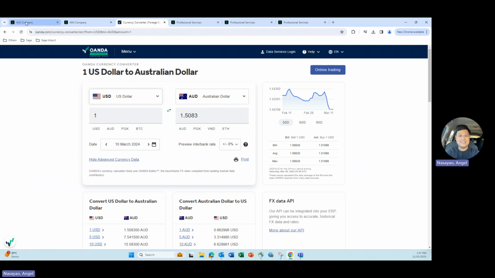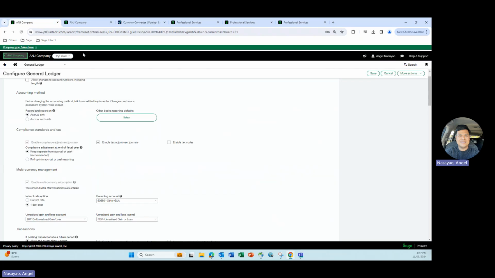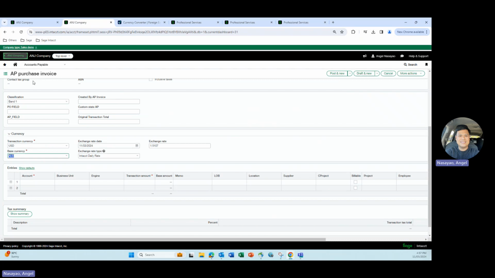All right. So an example here is I have an AP purchase invoice. The transaction currency is in US dollar, while the base currency is AUD. The exchange rate date here is the 11th of March 2024, and this is the rate that we have there. So we can validate this just by referring back to Oanda's website, but let's have a